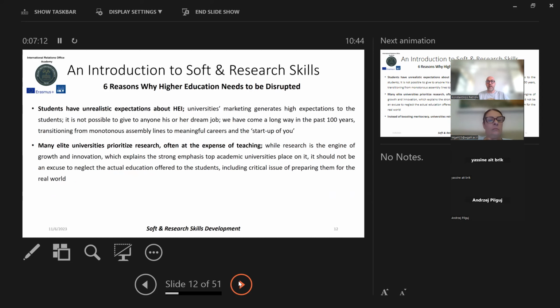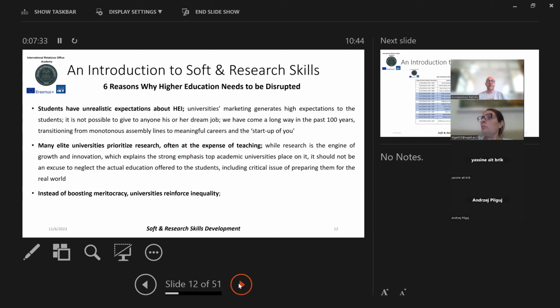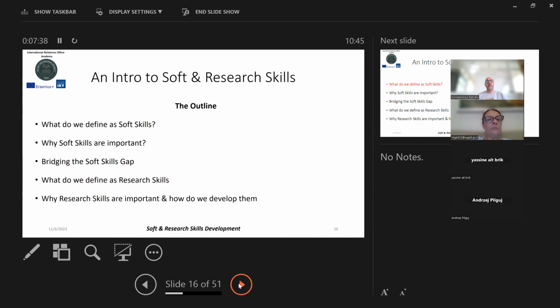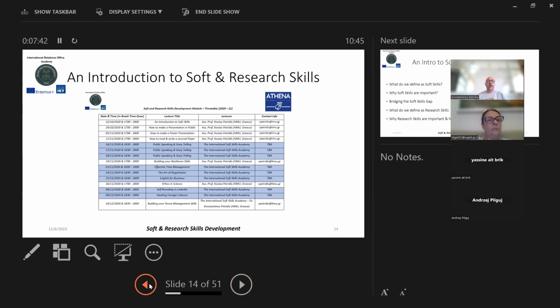Right now, the research has a priority. We have measures and figures about research, but teaching, and the impact of teaching the soft skills that the students should have in order to be more employable, and teaching to be more efficient, is something that should come as a priority to the current university strategies. So this is the course that we are going to do, something that we are going to develop and see